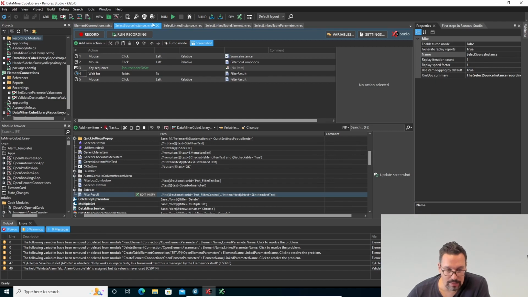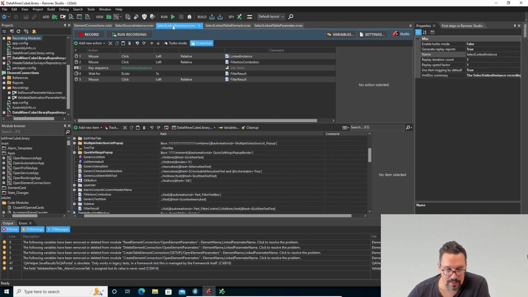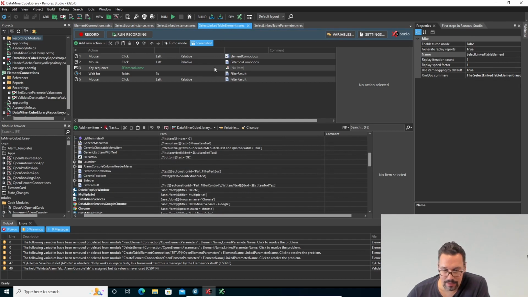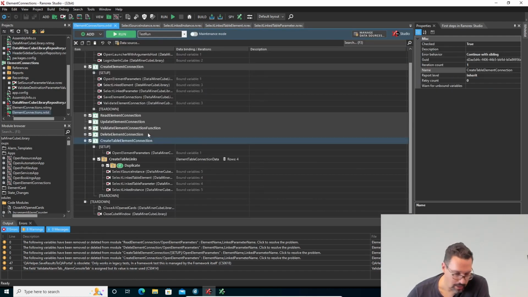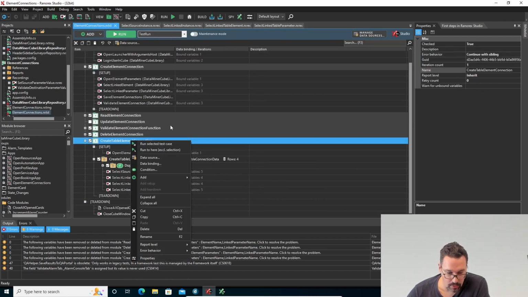And so what I did is I've used the same thing in all of my recordings. So in the select source instance, in the select linked instance, in the select linked table element, and in the select linked parameter. And if I now run my test case,